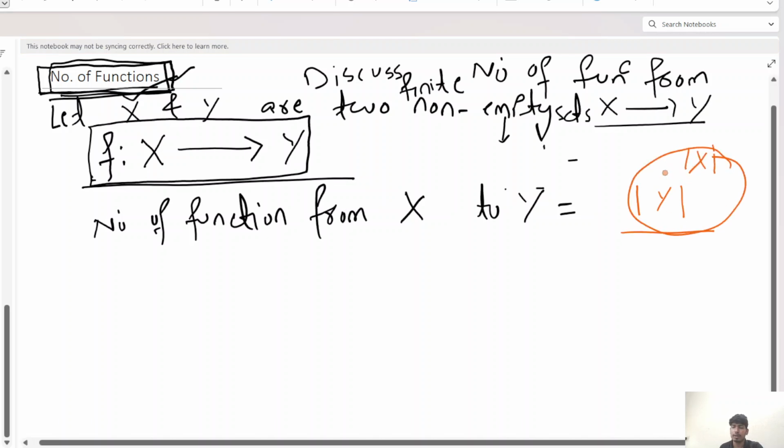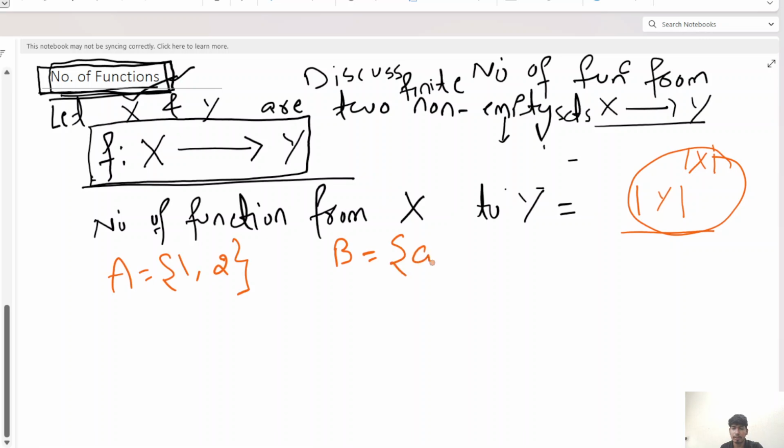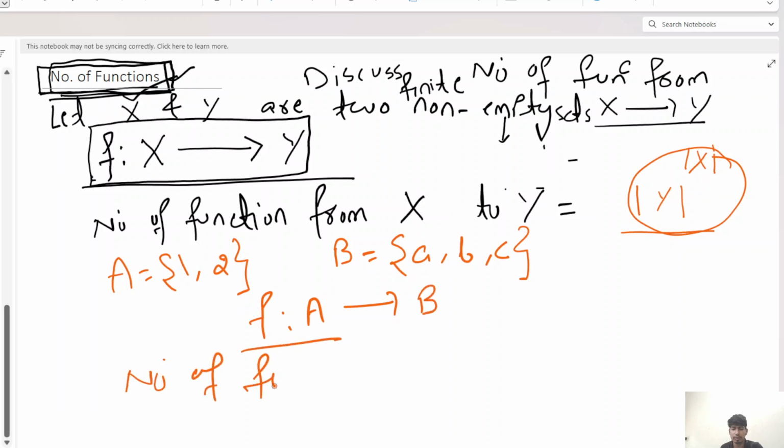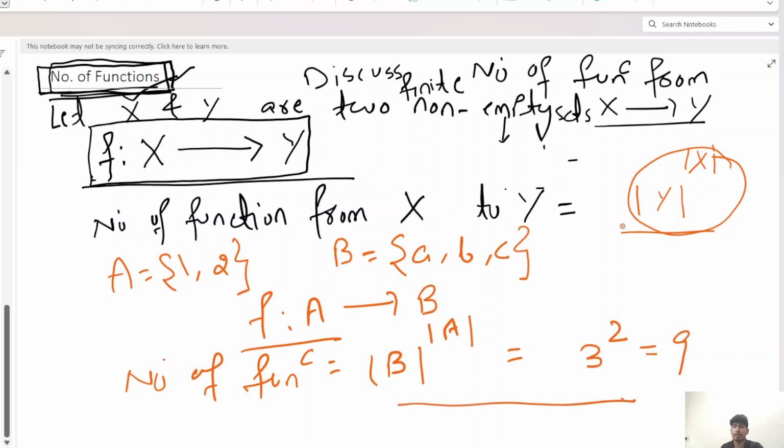For example, if A is the set {1, 2} and B is the set {a, b, c}, then the number of functions from A to B is the cardinality of B to the power of the cardinality of A, that is 3 to the power 2, which is 9. Now,